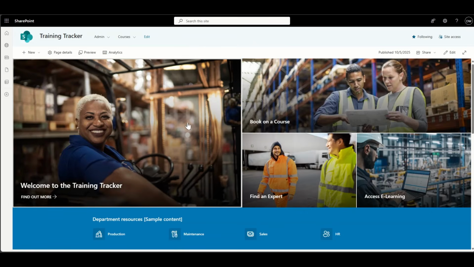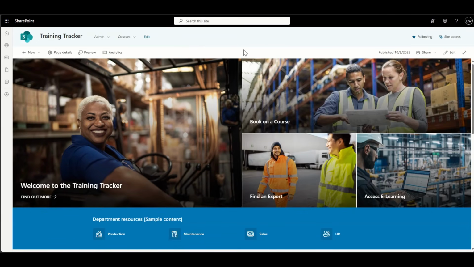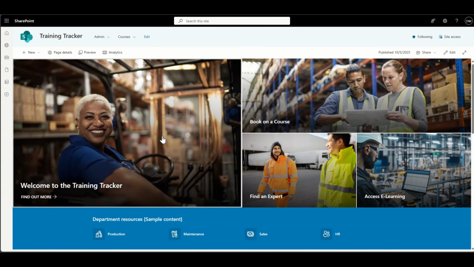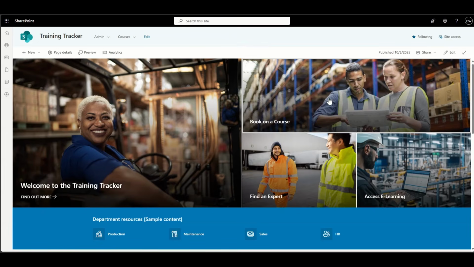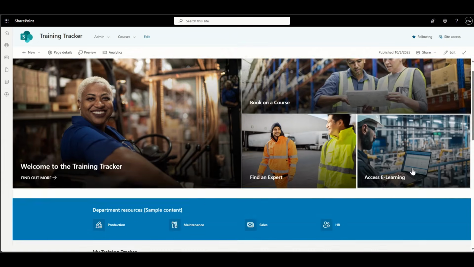You've got large tiles, which, as I say, a lot of the QMSs that we deploy for our customers are typically manufacturing type industry, so a lot of the imagery we align to that. So the first tile would be just welcoming to the training tracker. Click out to find out more. Maybe there are some training videos about how the training tracker works and what to expect, things like that. Booking onto courses, accessing e-learning,